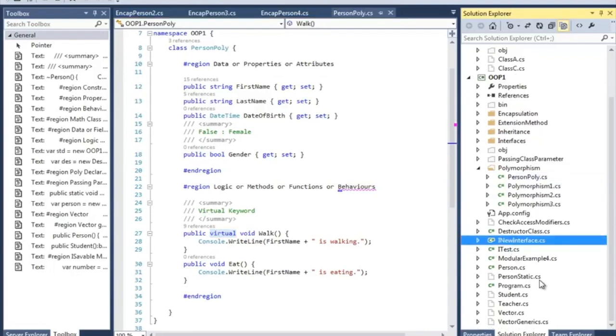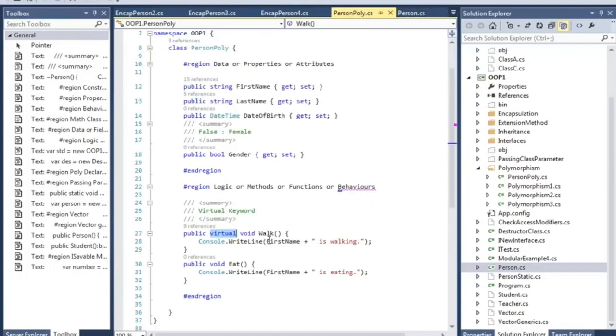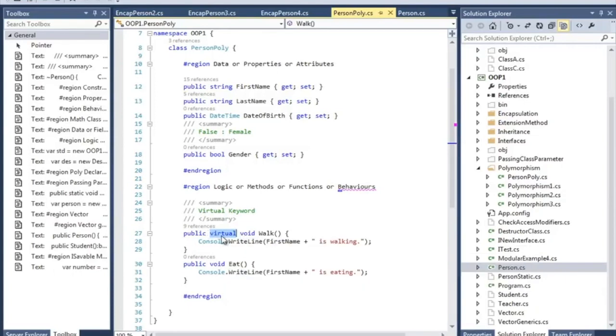If you see the regular person class, it doesn't have any virtual keyword in front of it, but here you have a virtual keyword before the walk method. In C#, if you want to override a method, you need the virtual keyword in front of it. If the developer doesn't put a virtual keyword in it, you cannot override it. If they do, that means they're allowing you to override their method.